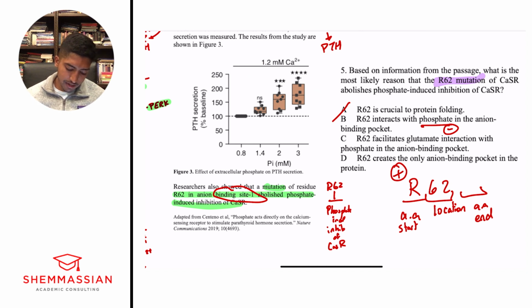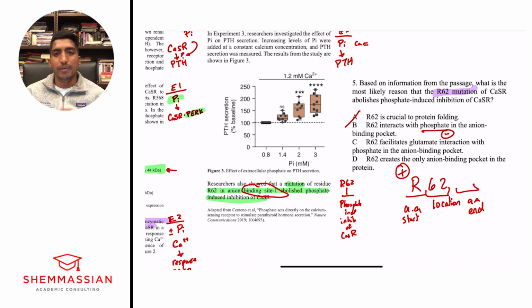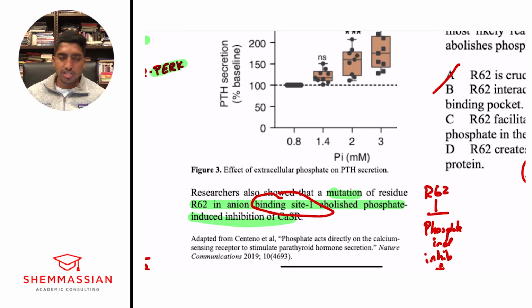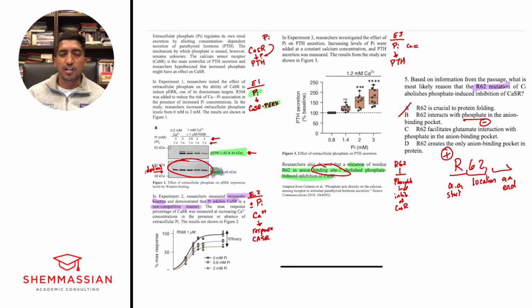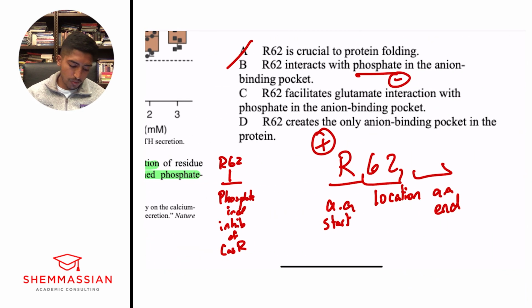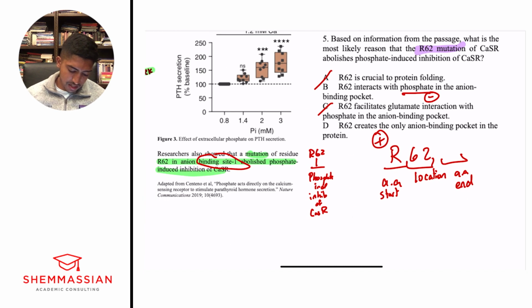R62 facilitates glutamate interaction with phosphate in the anion binding pocket. Well, we don't really talk about glutamate anywhere else in the passage, right? Why would we just start suggesting a glutamate when in our entire passage we've been talking about phosphates? It doesn't really make sense right here, and so we can eliminate C. D, R62 creates the only anion binding pocket in the protein. Well, we don't know if it's the only anion binding pocket in the protein. We do know that it is an important one because a mutation of R62 abolishes phosphate-induced inhibition. And so since we're talking about phosphate-induced inhibition, we can eliminate D, C, and A,